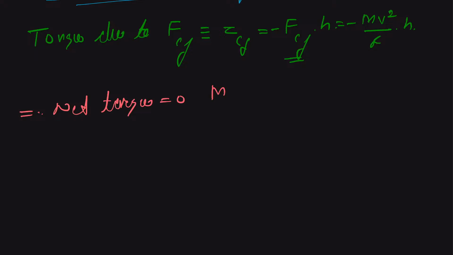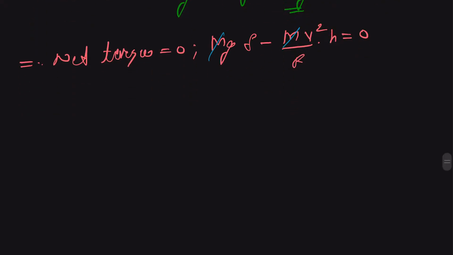So we can say mg times delta minus mv square upon r times h is equal to 0. Here this mass cannot be equal to 0. Therefore, we can write that our delta is equal to v square upon gr times h,